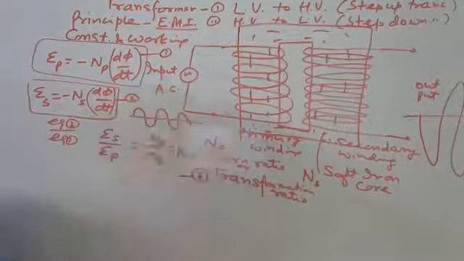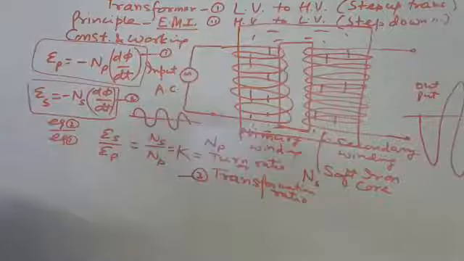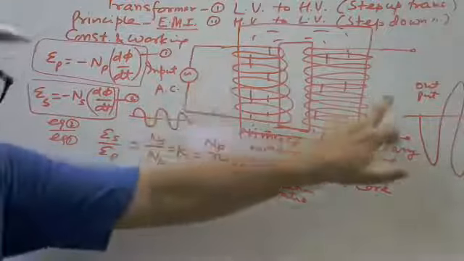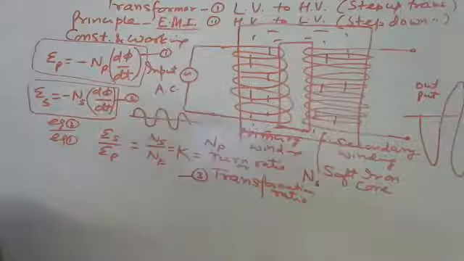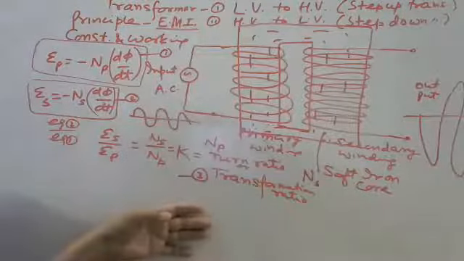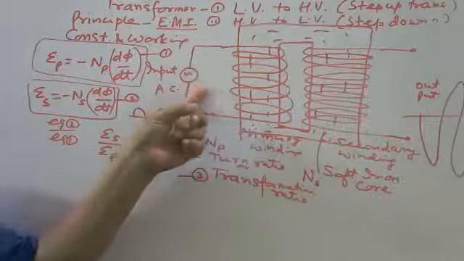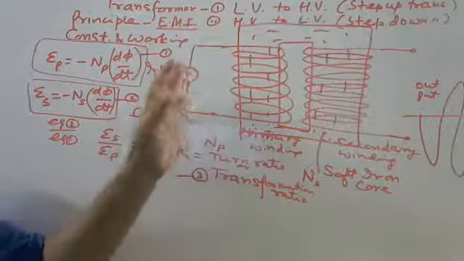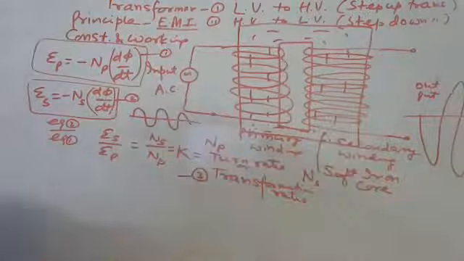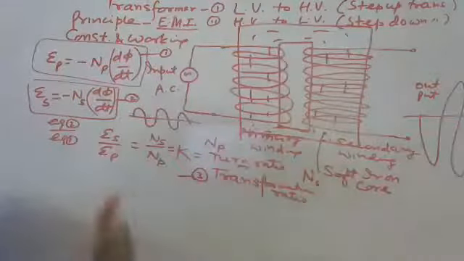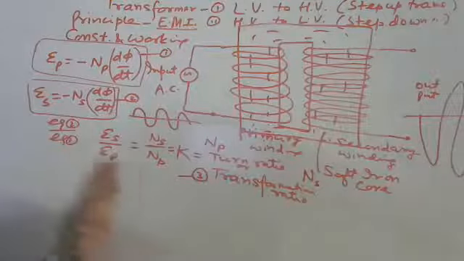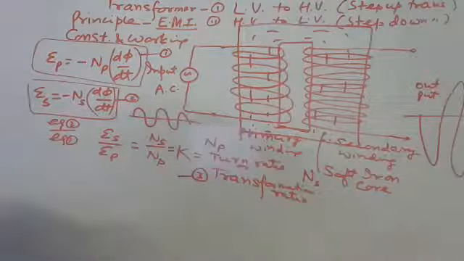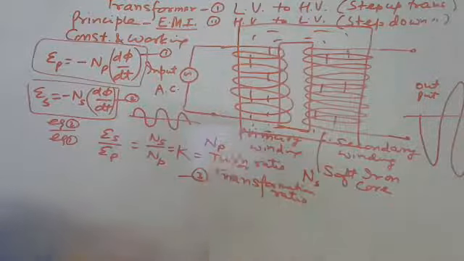So step up transformer means in the primary winding the number of turns is very small and in the secondary the number of turns is very large. On the other hand, if we reverse it, then the AC voltage is reduced. If the number of turns in the secondary winding is less, there is less flux linkage, so the induced voltage developed here is less. It means the number of turns is the main thing here, because the rate of change of flux linkage is the same. We have taken here the ideal case.